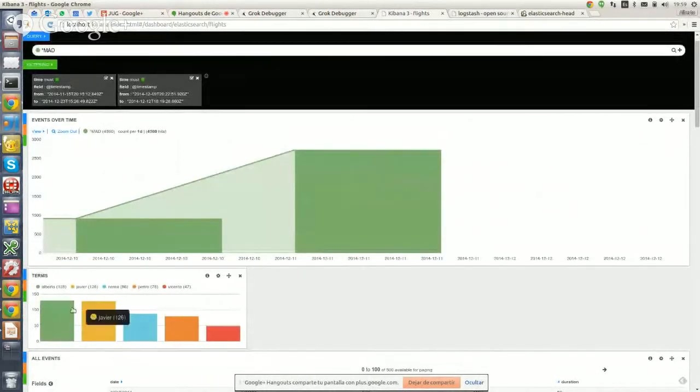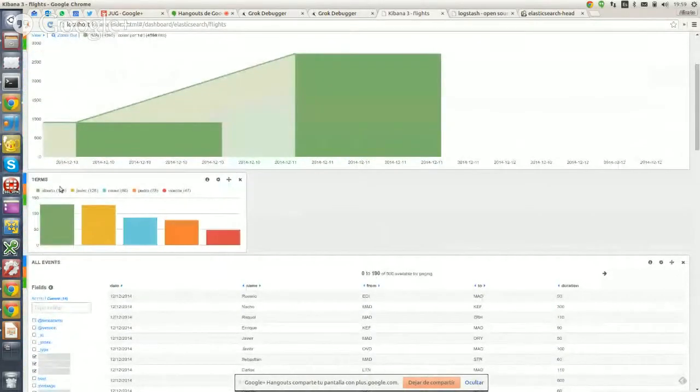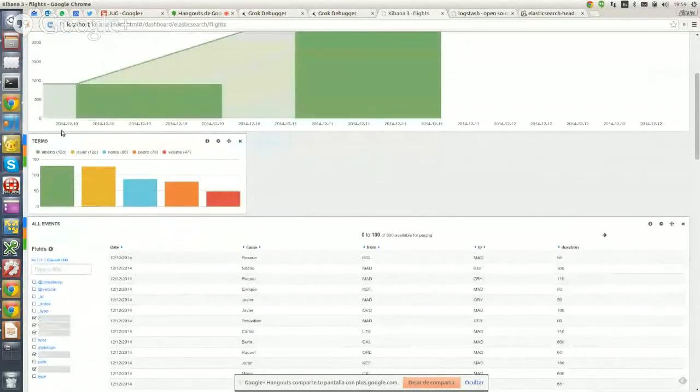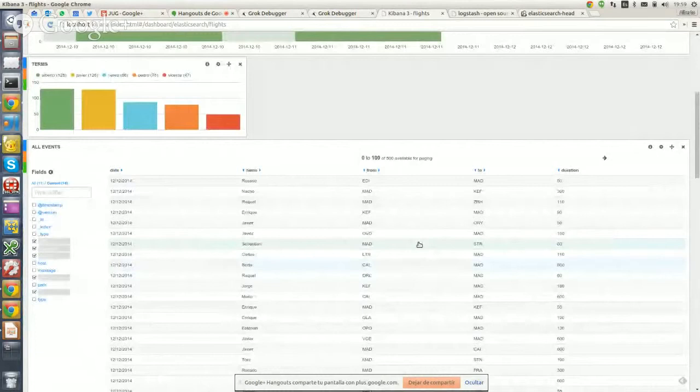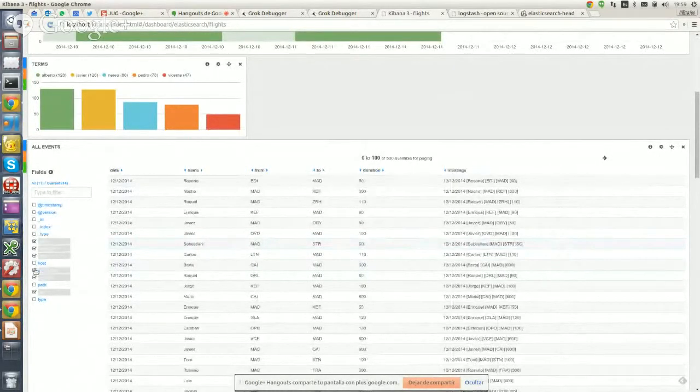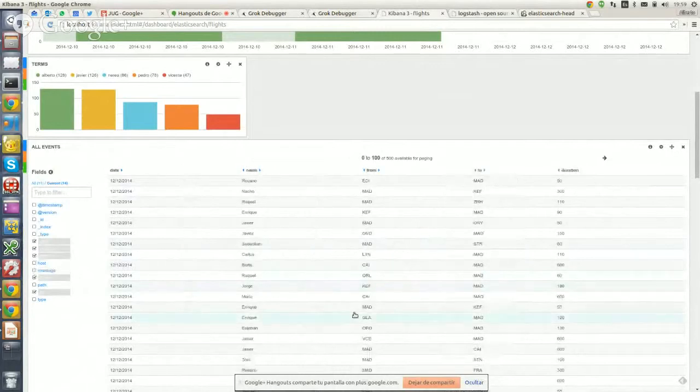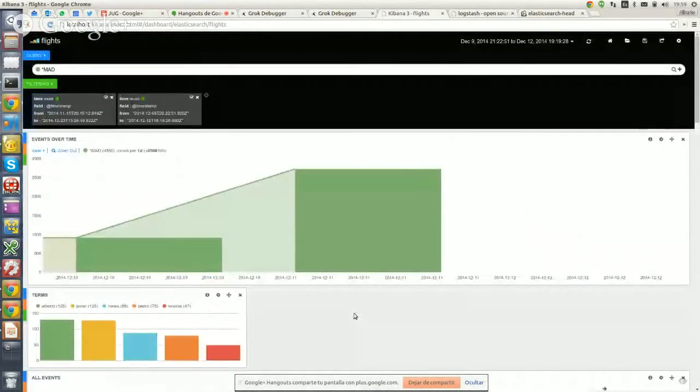This was my fault. You can see that here Alberto was the person who did more flights in this time period. And we can play with all of this as we need. We can also add more information if we want, and we can configure almost everything. This is very powerful, and in Kibana 4 we will find this map information that will allow us to show all these things in a map,